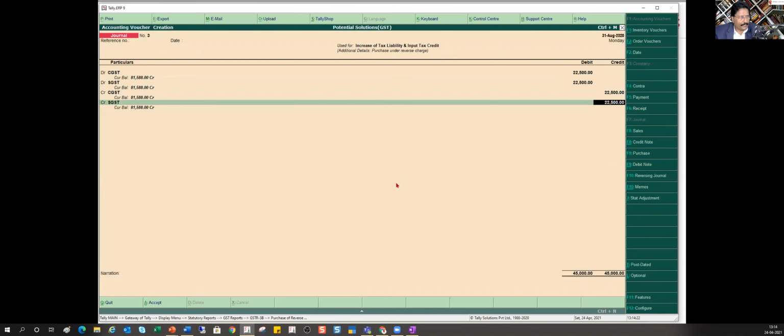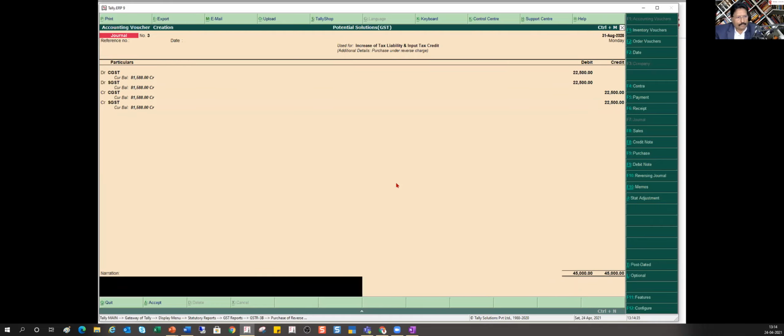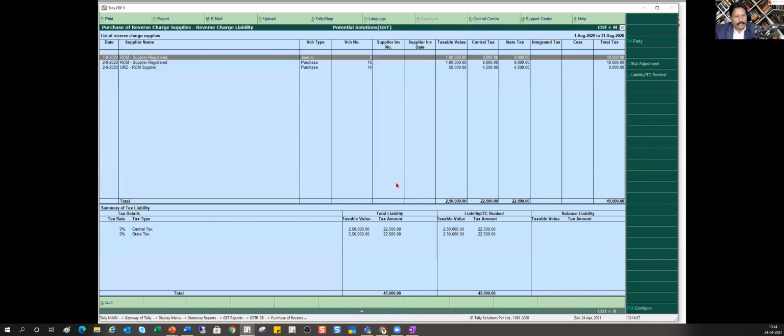Okay, 22,500. In case you have an output ledger and an input ledger, in the first two debits, you select your input tax ledger. In the two credits, you select your output tax ledger if you have separate ledgers. Okay, now I've accounted for it, and see here, Tally is telling you that you have already booked 22,500, 22,500 in your books of account.